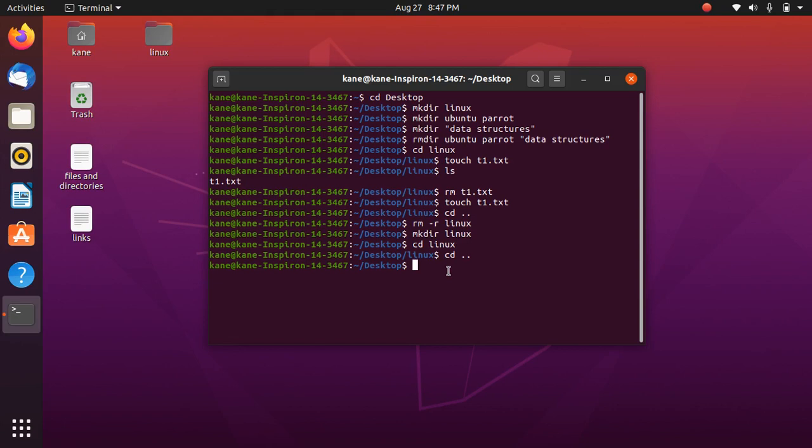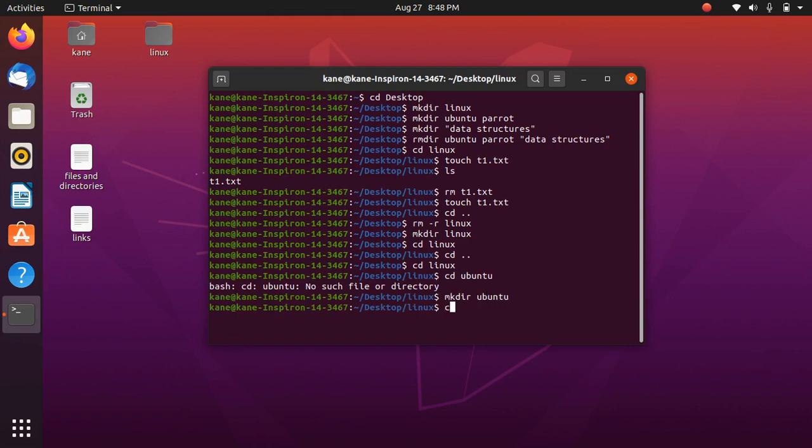This is the second way of using the cd command. Now the third way of using the cd command. Suppose you want to enter a folder which is not located inside the current working directory, then in that case you need to mention the path. Let me create the folder here to demonstrate. Okay, sorry about that, it is my mistake. Now I want to access the Ubuntu folder which I have created.